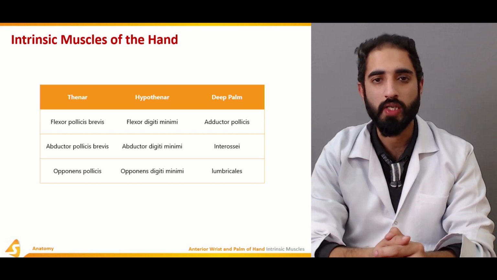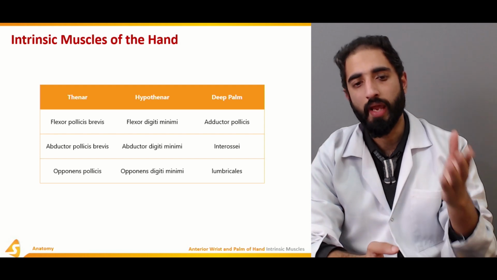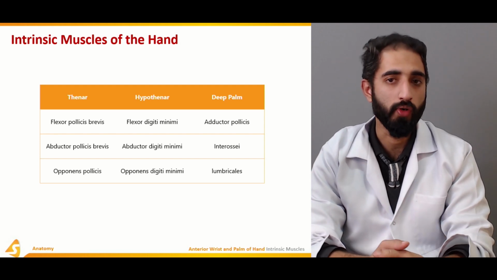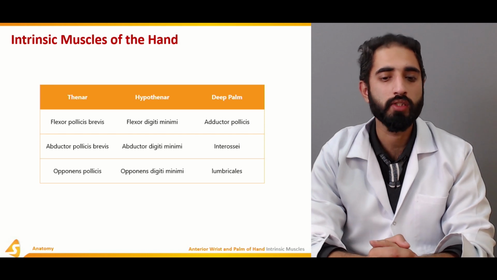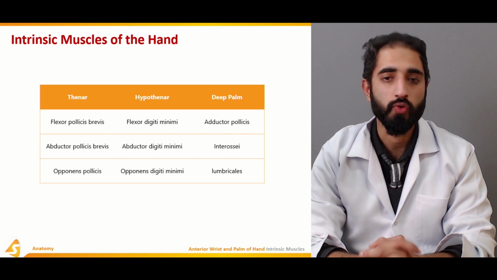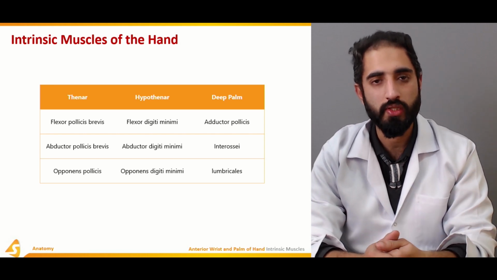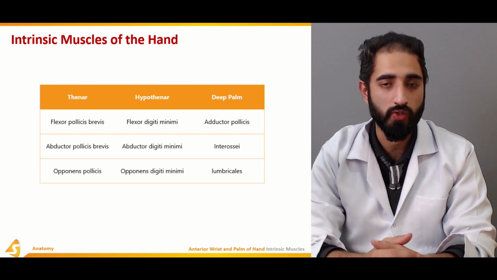So the muscles in the thenar would obviously be acting more at the thumb. So in the thenar muscles, we have the flexor pollicis brevis, we have the abductor pollicis brevis, and we have the opponens pollicis. So these are all muscles which are acting at the thumb. One is the flexor of the thumb, one is the abductor of the thumb, and one is causing the opposition